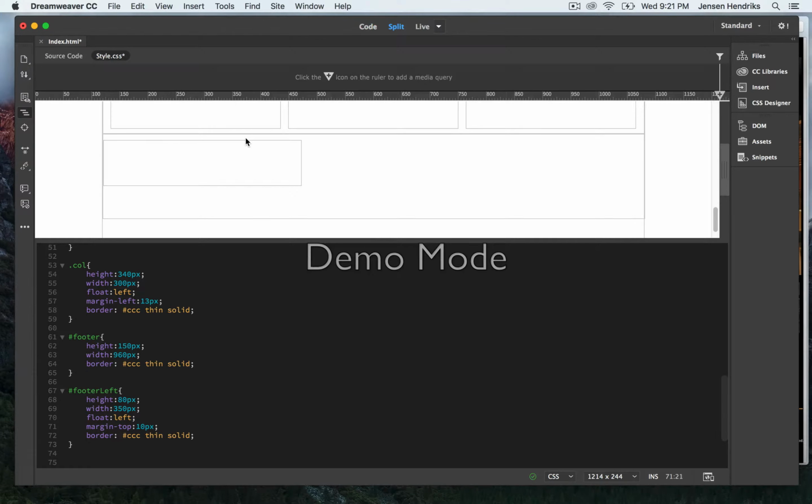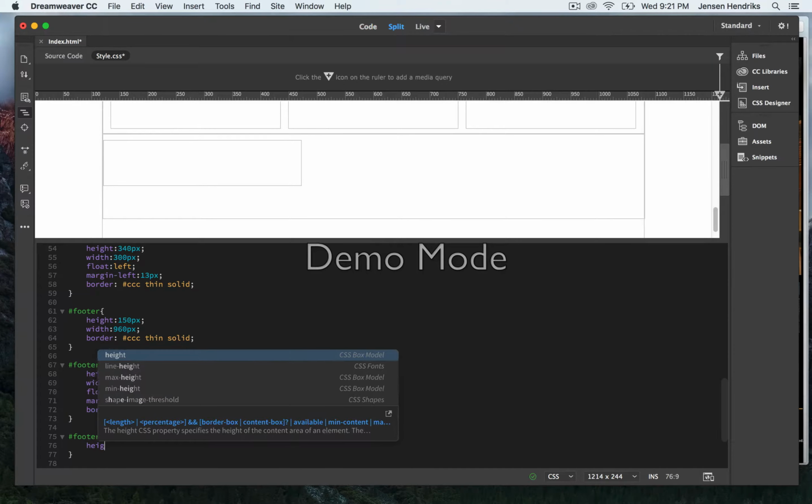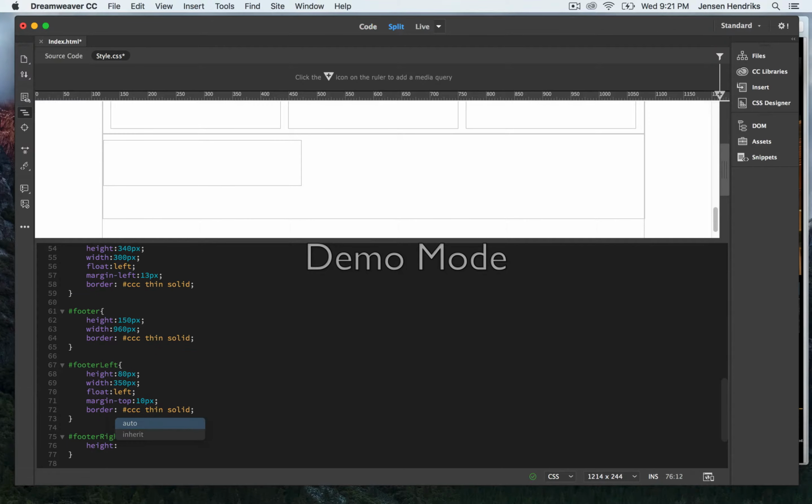So now we have to do the image icons. So in the footer there are 3 individual icons with a copyright statement below it. And that would be inside of footer right. So we got pound, footer right, enter down, height. This one's going to be taller than footer left because of the icons and the copyright statement. So I'm going to say